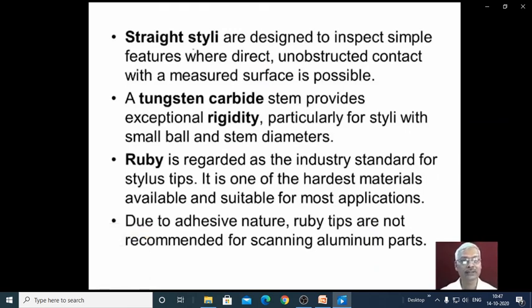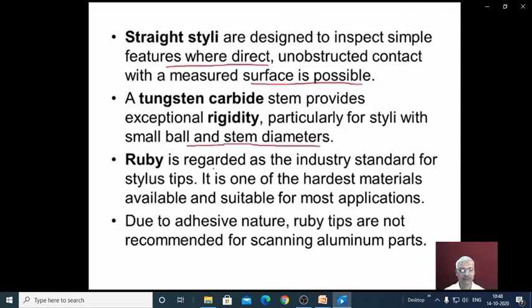Now, straight styli are designed to inspect simple features where direct, unobstructed contact with a measured surface is possible. A tungsten carbide stem provides exceptional rigidity, particularly for styli with small ball and stem diameters.